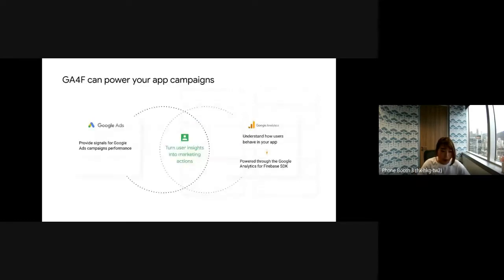So with that powerful signal on your app, if you have Firebase SDK installed, you will already have the GA access to measure your app behavior. And with Google Analytics integration with Google Ads, we will also send those important conversion signals and audience data to Google Ads as well. Then further, you can also do audience targeting or a smart bidding approach to help you boost your marketing performance.